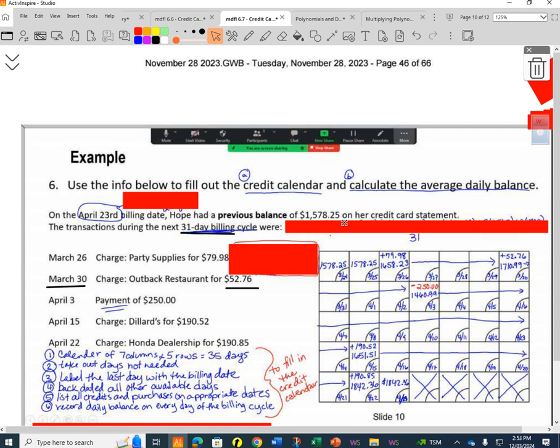So we know for 2 days, her balance was $1578.25. And then for the next 4 days, her balance was $1658.23. For the next 4 days, her balance was $1710. For the next 12 days, her balance was this